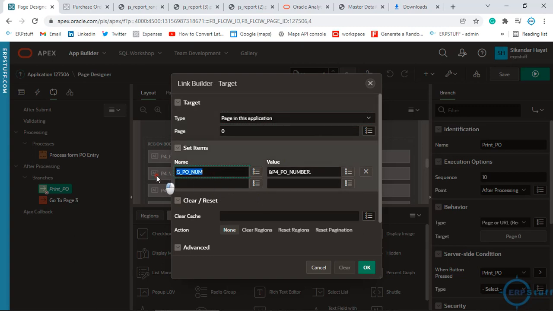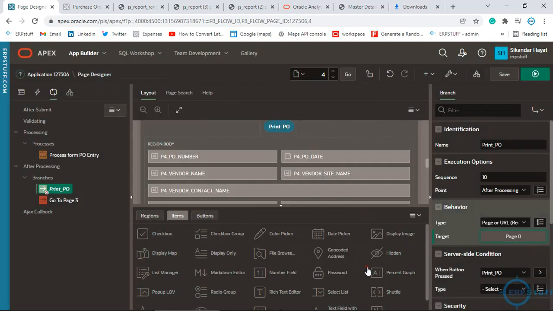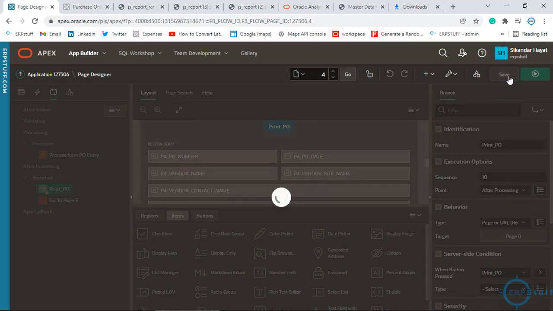Here you don't need it as a parameter, I was just putting it there because here it will use the session parameter, right. And then if you go down, it is there, this print request, and that's it. You will save it. Another thing I did for this branch, I made it conditional on the button pressed, print PO. So only when print PO is pressed, it should print the report, right. Okay.